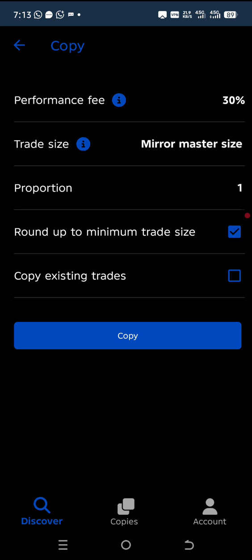Okay, then copy existing trades. You can do that, or you might not do that. We still have more trades in the future, so you might not need to copy existing trades. But you can also copy existing trades, because if you're copying an existing trade, probably you are coming in at